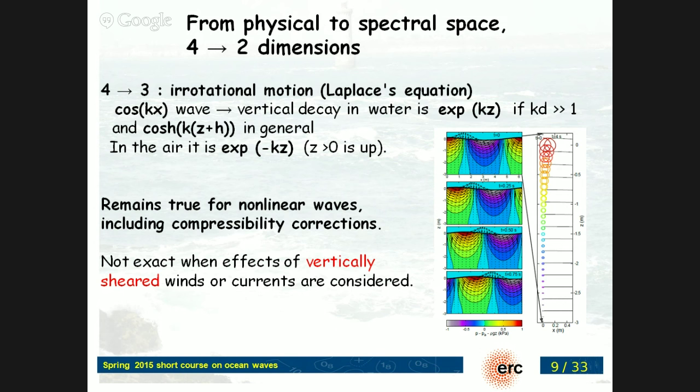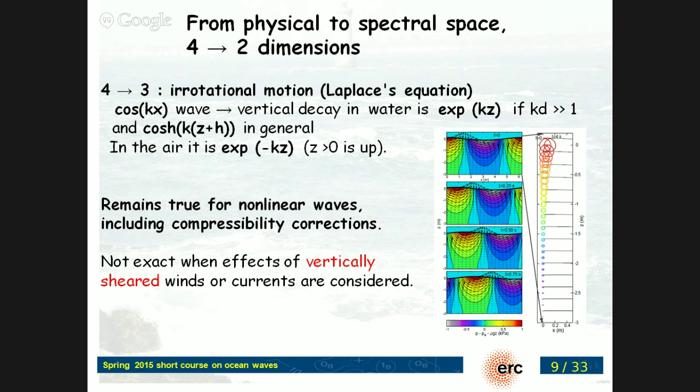And as a result of that, you have irrotational motion, and in most conditions, except for compressibility with acoustic waves or the acoustic components, where you can have some divergence effect, but essentially it's irrotational and non-divergent, so you get a Laplace equation for the velocity potential. And that will reduce our 4 dimensions to 3 only, because the vertical now, if you